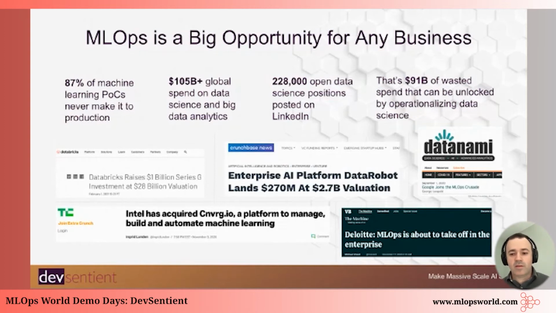The DevSentient team, all of us have been in the AI space for quite some time, and we've all personally experienced this, where an AI team is all set up, ready to go, produces some great POCs, and then struggles to get these POCs into production. While the percentage of POCs that never materialize may not be exactly 87%, that's just a point in time snapshot that somebody produced.